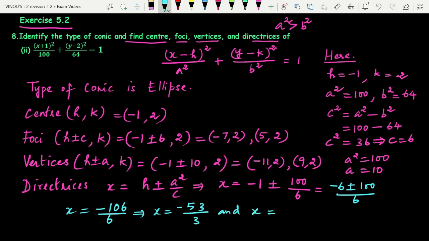And the other directrix is x is equal to minus 6 plus 100 is 94, 94 by 6. Now cancelling numerator and denominator, we'll get x is equal to 47 by 3. So the two directrices are x is equal to minus 53 by 3 and x is equal